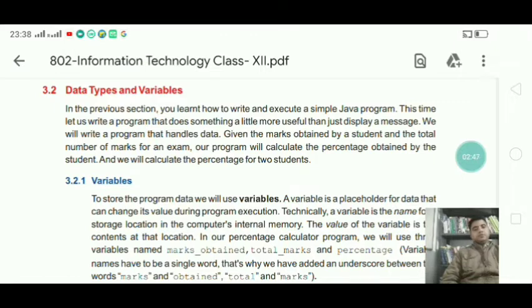And the first letter of the variable should be any alphabet, underscore or dollar symbol. That means you can't start with digit.